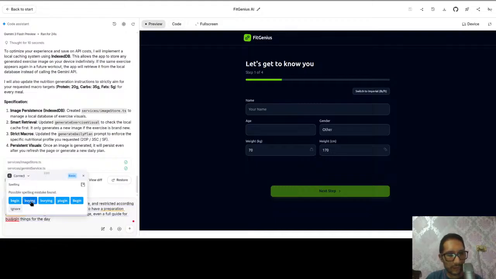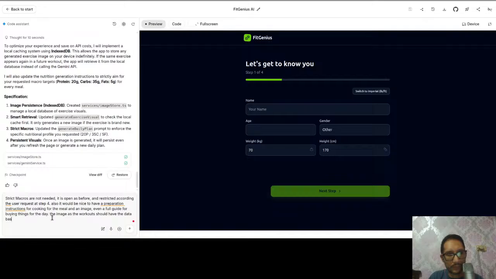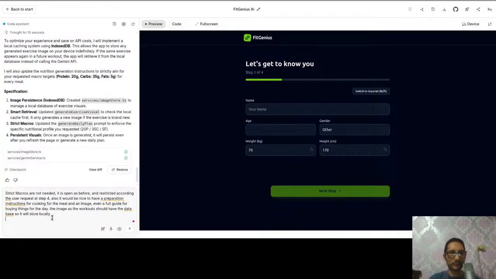Yeah, I think this will be good. Buying for the day. The image, as with the workouts, should have the database, so it will store locally. Okay, let's see how it works like this.